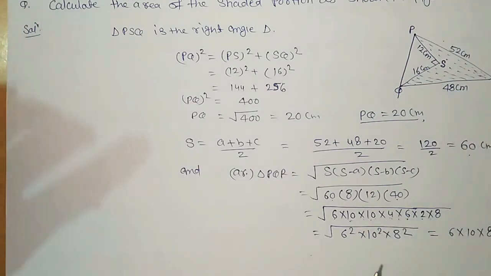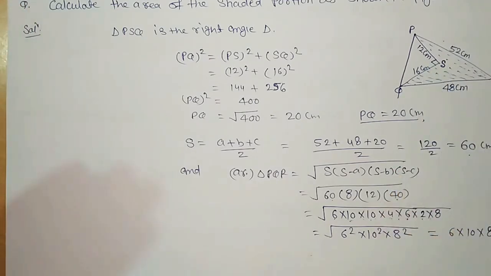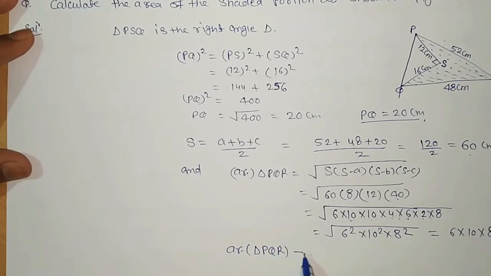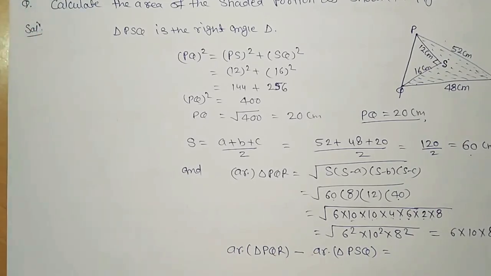the shaded region. So the right angle triangle area is subtracted from the triangle PQR area. So area of triangle PQR minus area of triangle PSQ. But the area of triangle PSQ is not known, so we have to find the area of triangle PSQ, and PSQ is a right angle triangle, so